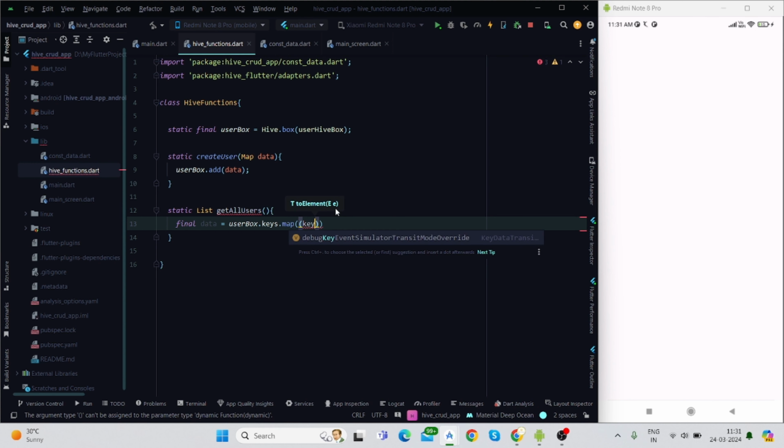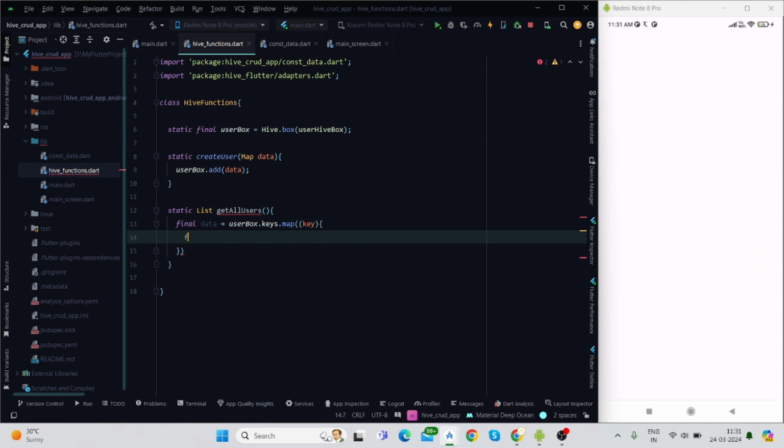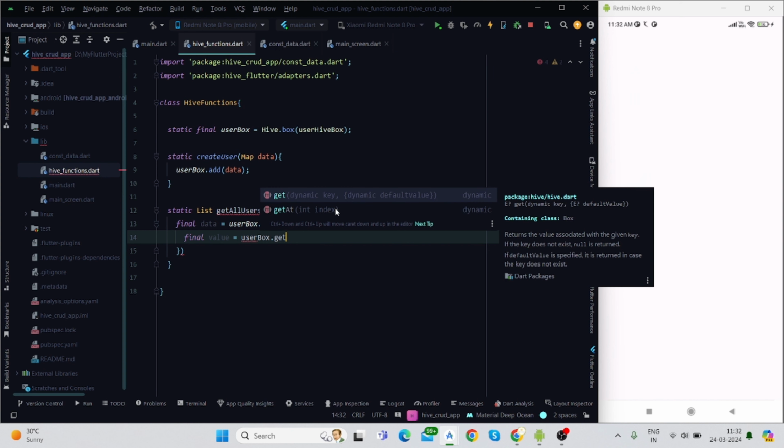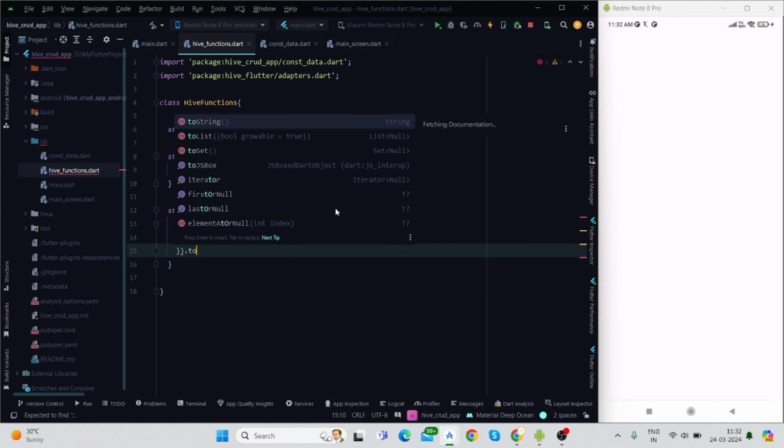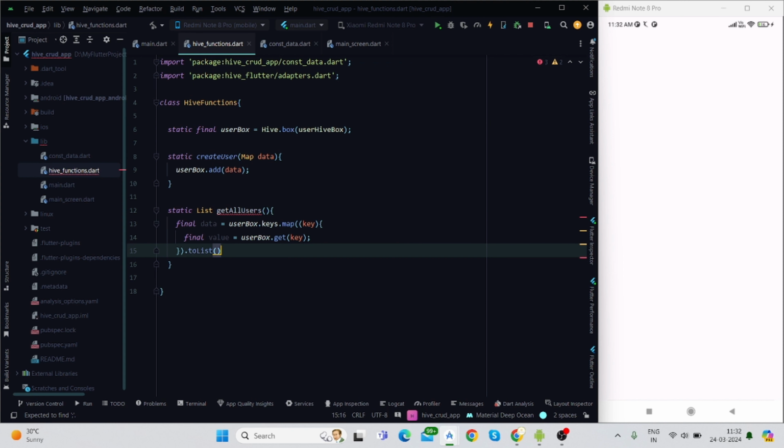Here we will put key in curly braces. The final value is equal to user box dot get, and we'll pass the key here, and it will return toList, and it requires a return type of list, so return